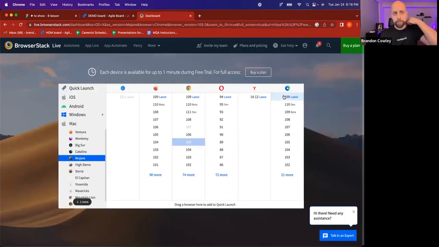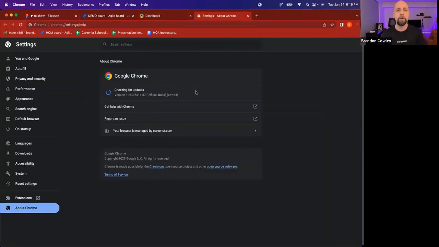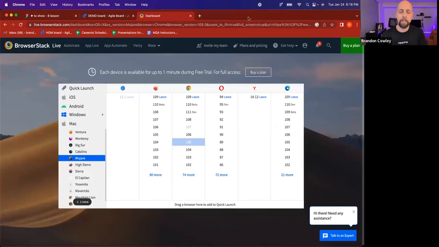You're going to go slow. So here's BrowserStack. You know, if we look at Chrome right now, we're on version 109 right now. But if I want to backwards test Chrome, they also have the beta and the dev version up here. But if I want to go backwards and see if an earlier version of this still works, I would just fire that up in here. I would also, if I wanted to test out Opera, there's many backwards compatible versions there, Firefox, and so forth. Safari, you know, they think they're fancy. So they don't give you backwards compatible versions to test.